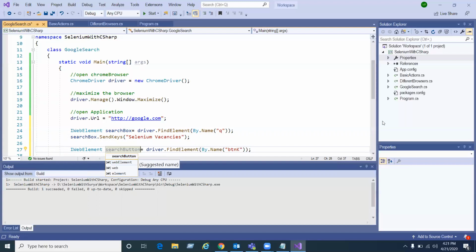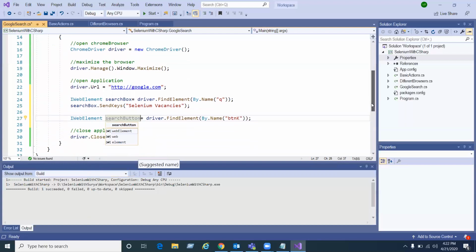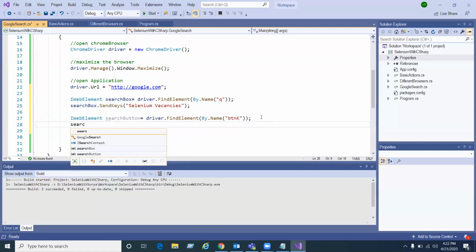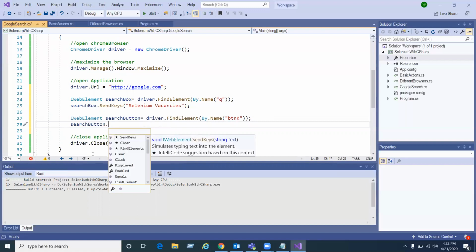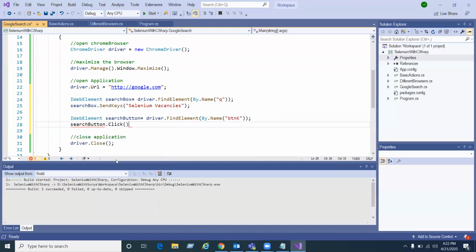While working on projects, we need to follow coding guidelines, not just programming according to your wish and my wish. So here, searchButton dot. Since it is a button, I'm going to perform the operation called click.